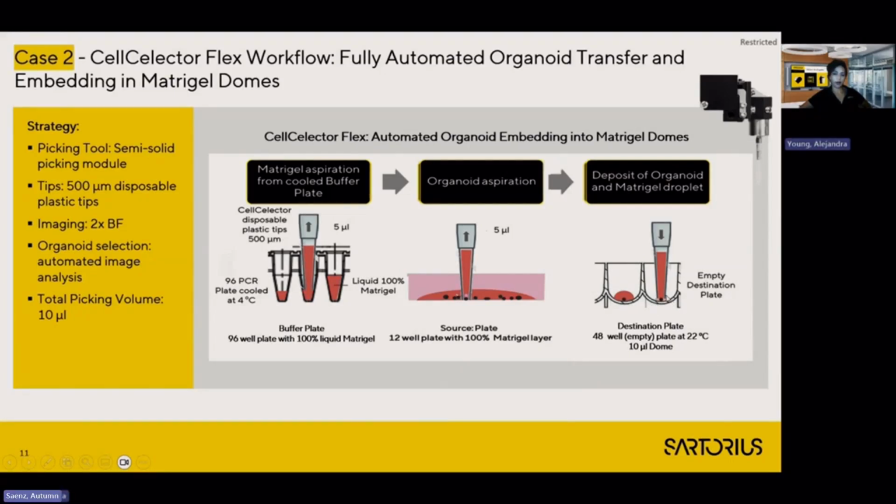One thing that we did here to ensure that there were no bubbles in the dome was to calibrate the deposit of this droplet. So we raised the tip to a space where we could deliver a very beautiful round droplet without any bubbles.